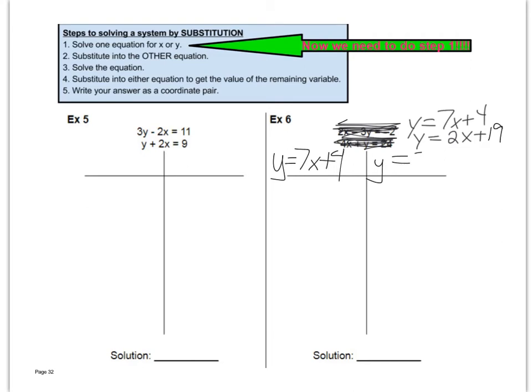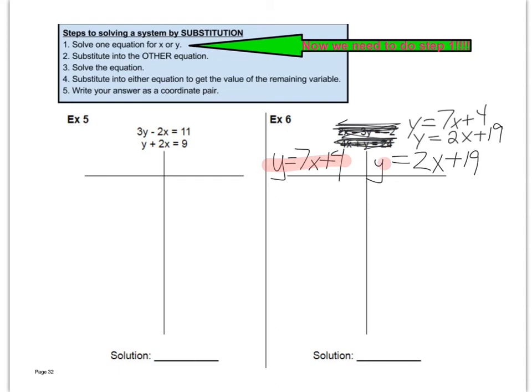So it doesn't matter which one you put on the left, which one you put on the right, but I'm going to do it this way. But notice that they're both y equals. So you don't need to do this up here that it says for this one, but we're going to have to do it for the other one. And since I changed it, it did apply, but I decided to change it here so that you had an example. Now, I know, for instance, that y equals 7x